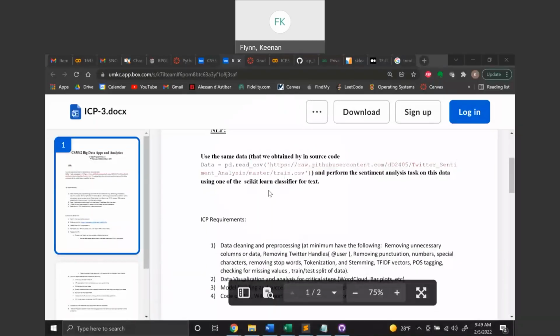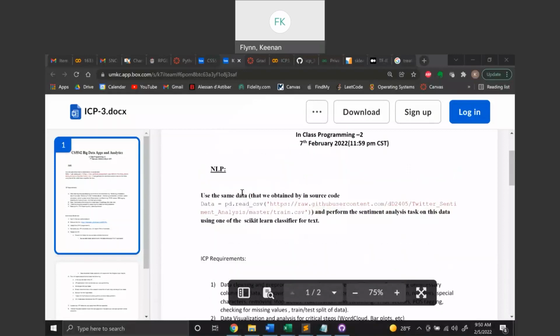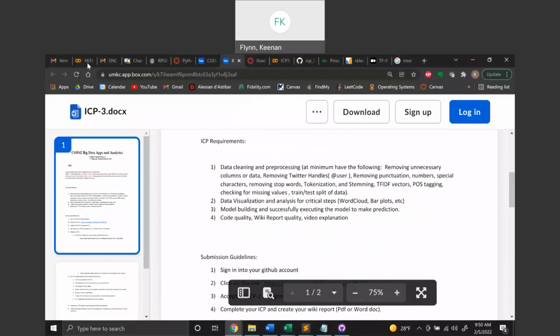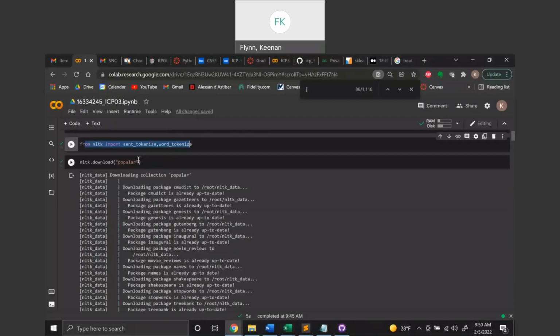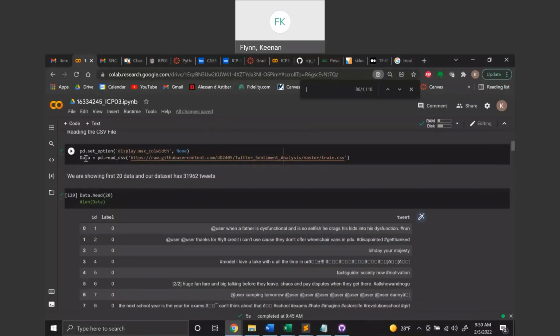Okay, so in today's ICP, we will be using NLTK to perform a Twitter sentiment analysis task. So first we're importing our basic libraries, importing NLTK tokenizers and the popular library. Then we're reading in the data from the GitHub Twitter account and throwing that data up so we just know